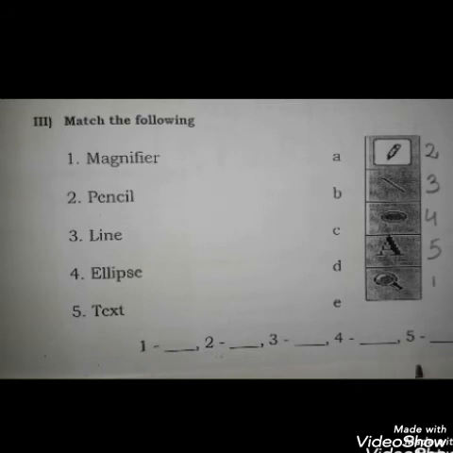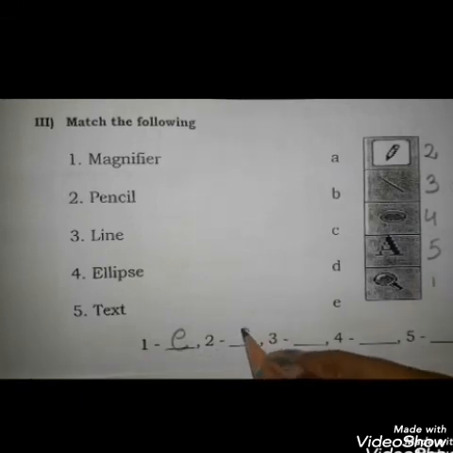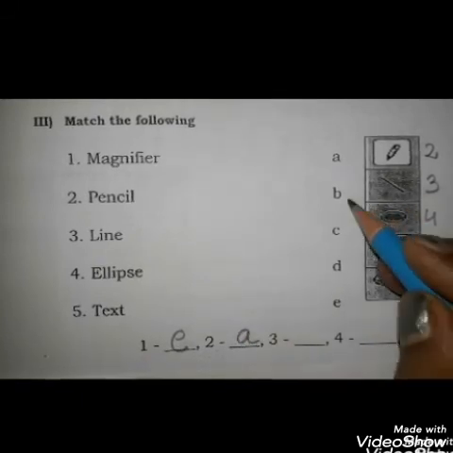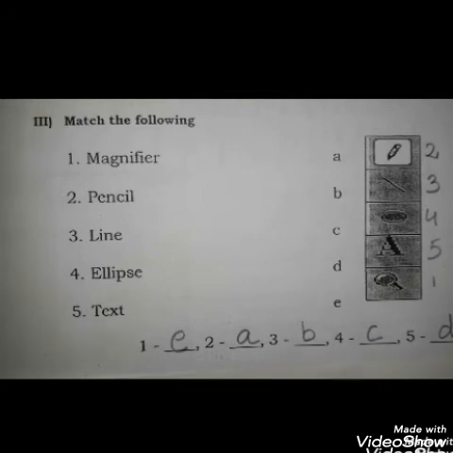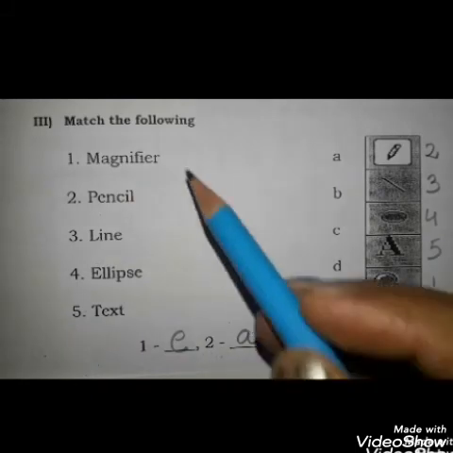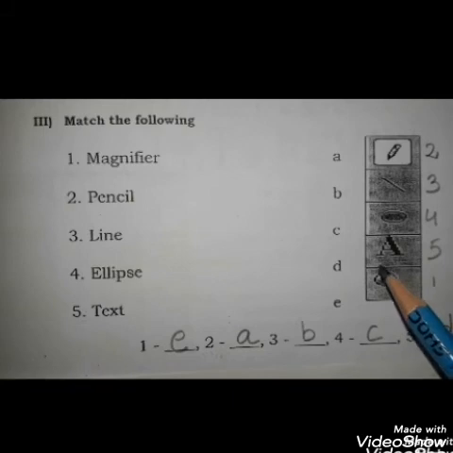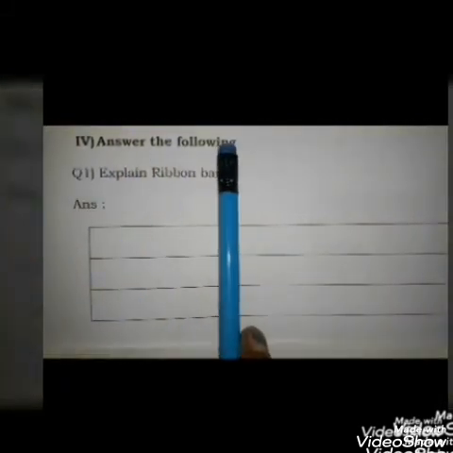Now we will write the letters here. So 1 it is E, and 2 it is A, and 3 it is B, for 4 it is C, 5 it is D. So this way and this way, both the ways we have written the answer, and it is looking very neat also because we have not drawn the crisscross lines. Suppose if you are fond of joining them with the line, you can do, but see that you will draw straight lines.